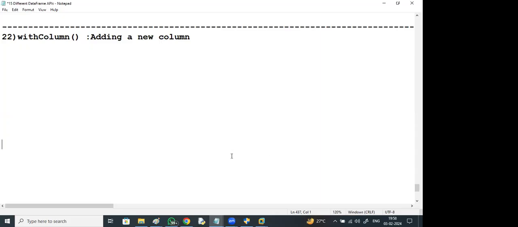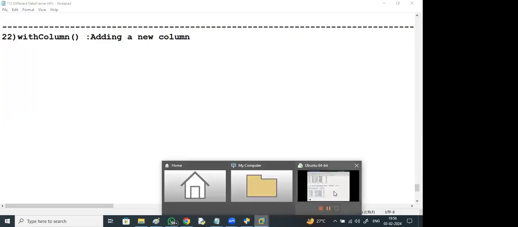Adding a new column means, for example, I want to add a new column, tax column. I want to add a new column, tax.